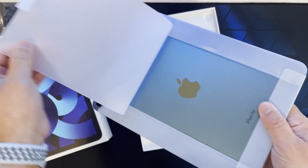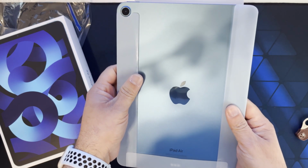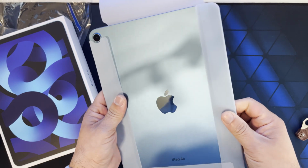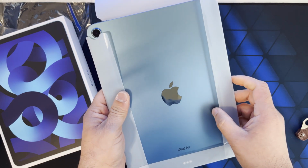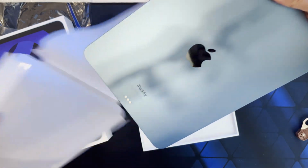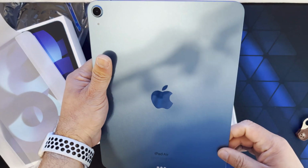Although Apple's slogan for this device is, "light, bright, and full of might," this is actually a tiny bit heavier than the last generation, and only a very small, I believe 60 nits, brighter than